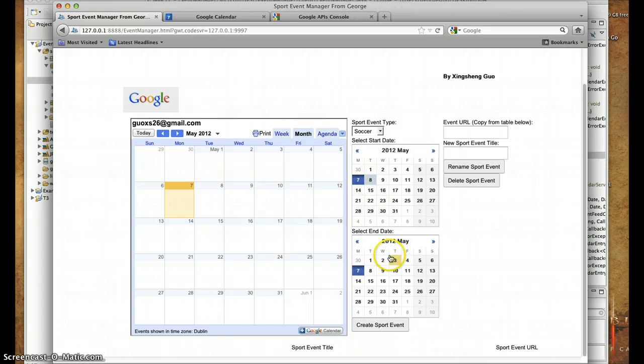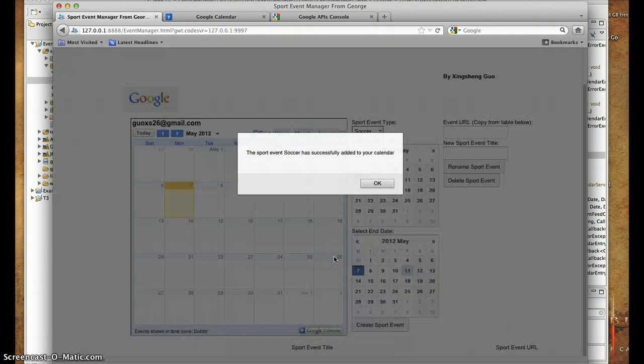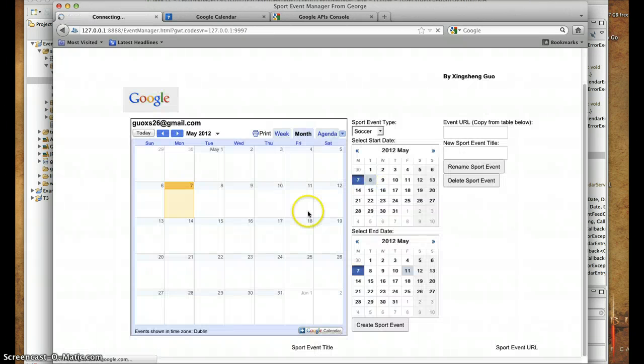Let's say start on the 8th of May and end on the 11th, this Friday, and click create sports event. That will create a new sports event in their calendar. As you can see, the pop-up window says that the sports event soccer has been successfully added to your calendar. So if they click OK here,